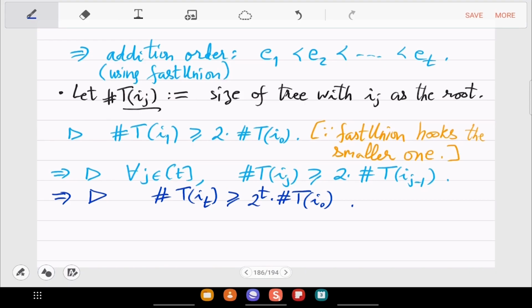And what can this size at most be? This cannot be more than the number of elements, right? So what you have learnt is t cannot be more than log n. Okay.